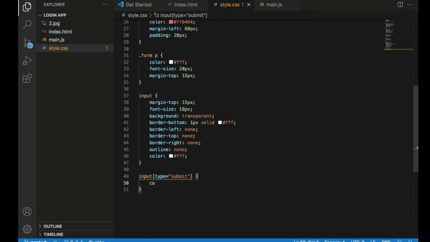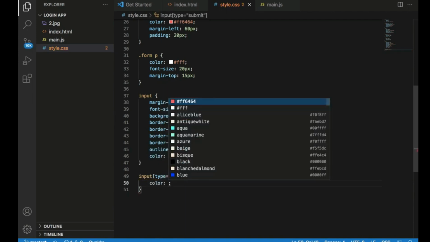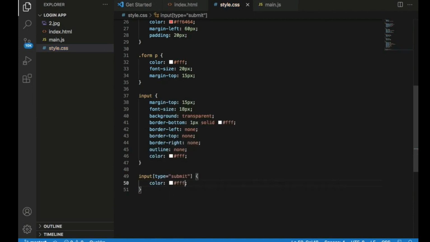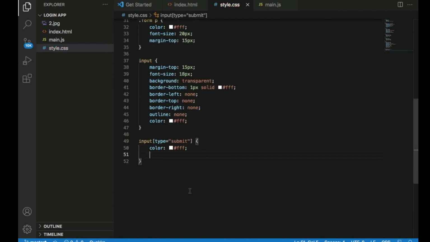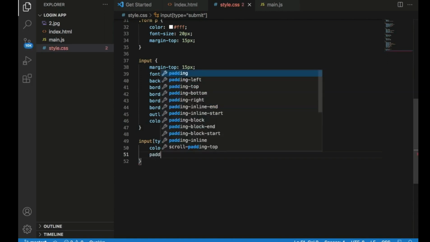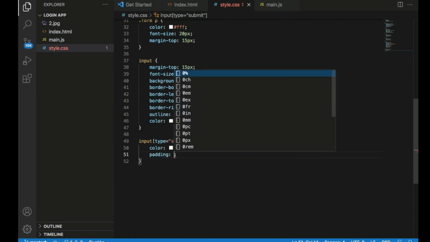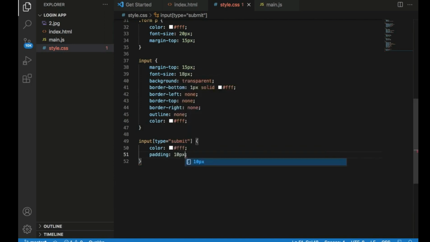I will just say color will be this, and then we have a padding of 10 pixels and 30 pixels,